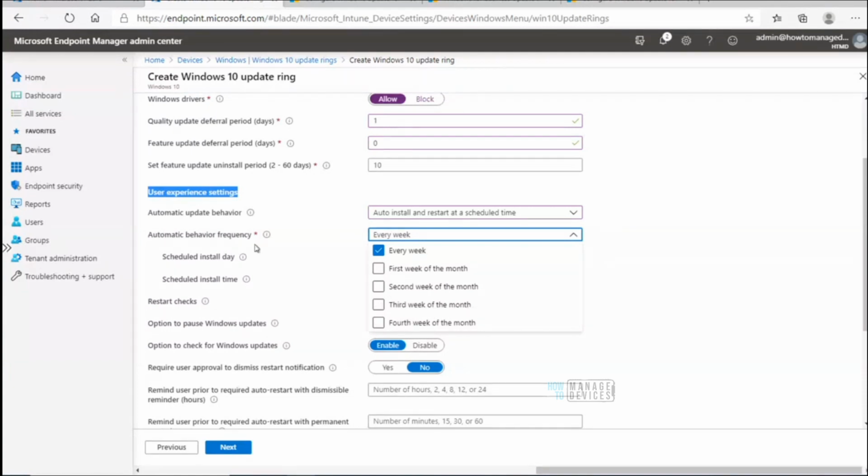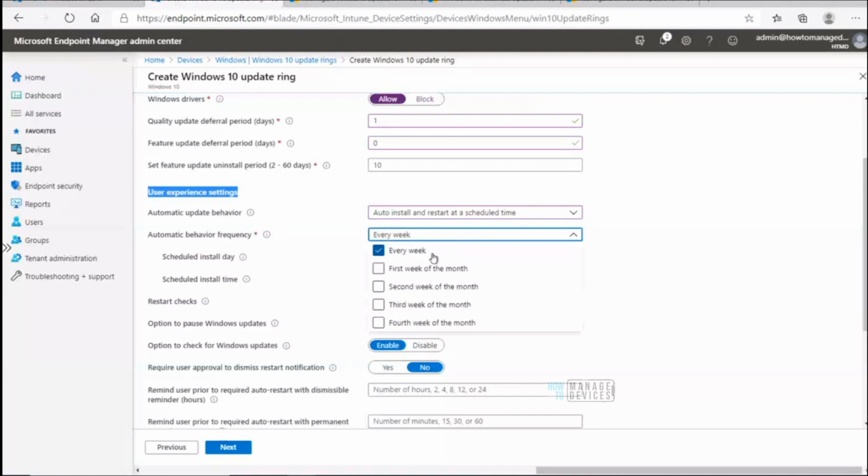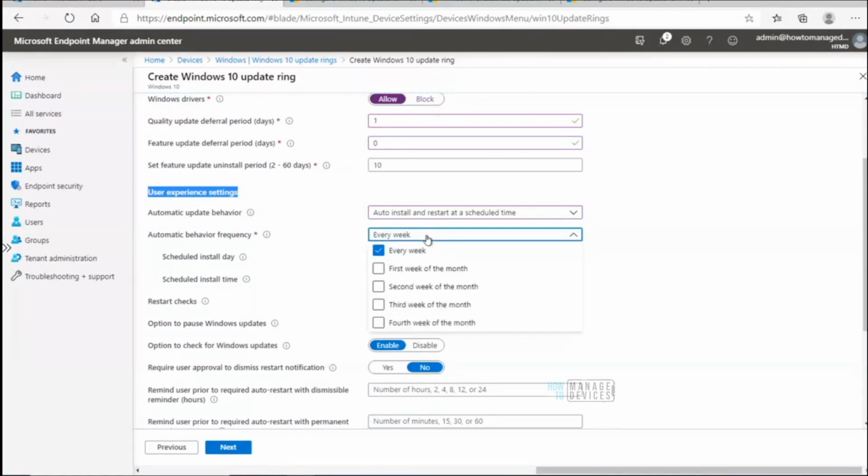When do you want to automatically update these machines, right? This is an interesting option. The default option is every week. Probably that is the best option as per Microsoft. I don't know, it depends on your organization, and you can compare this with your SCCM deployment behavior if you are using SCCM or some other tool to update software updates,